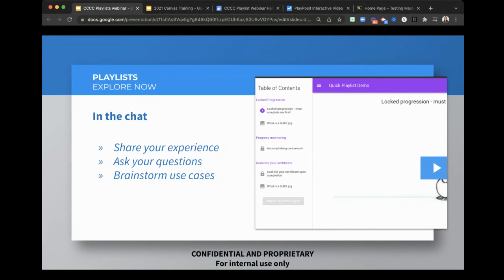All right, well, for sake of time, ooh, okay, I see some comments. Yes, the certificate component is really awesome. We're going to spend a little bit of time talking about how you can even customize that certificate and discuss some different use cases as well. So I'm glad you enjoyed that part. And with just some time constraints, feel free to add any other things you might like or other use cases you might be thinking of. If you have any questions at this point or something that particularly stood out to you, please feel free to put that in the chat. I'll keep an eye on it as we keep going through the session here.